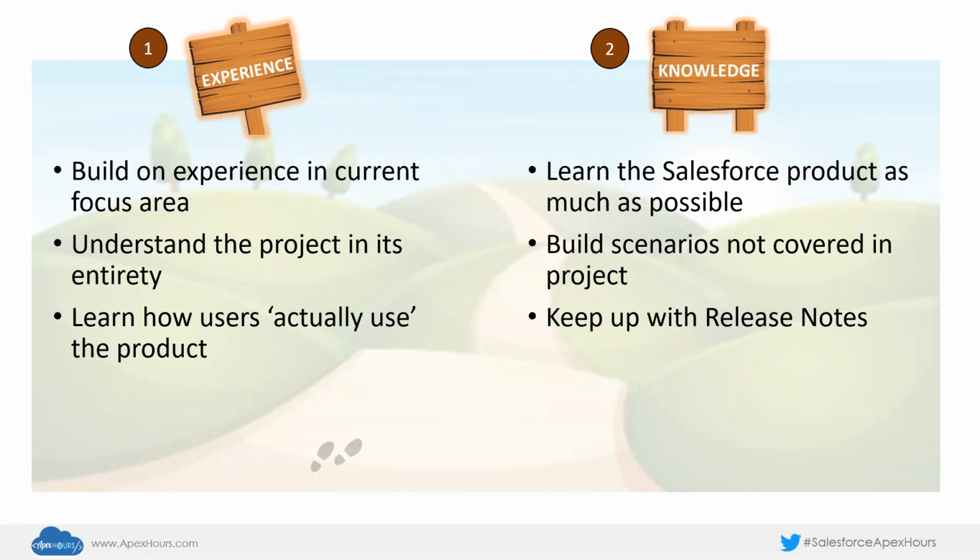See, that's what your project has given. But what can you do in parallel from a knowledge perspective? And that is the second step. Second step is, so in the Sales Cloud example, learn that product as much as possible. Now, even your project will have a limited scope. It won't cover everything in Sales Cloud. Pick out all the other different areas, build scenarios which are not covered in the project, and make sure you try it out in your demo org, do the trailheads, keep up with the release